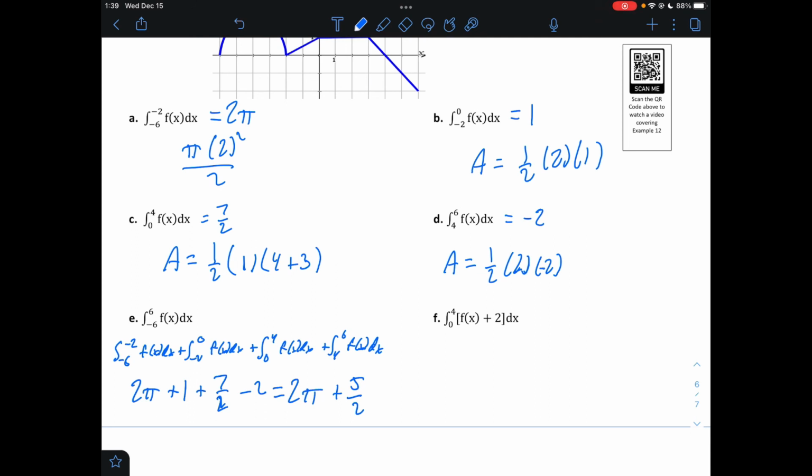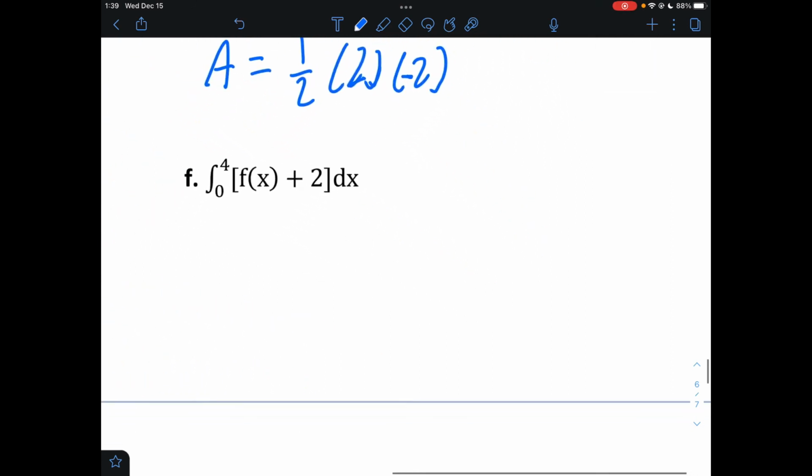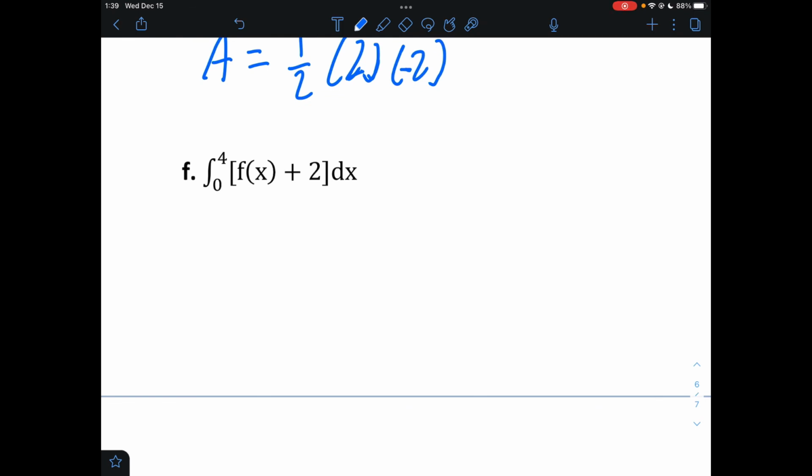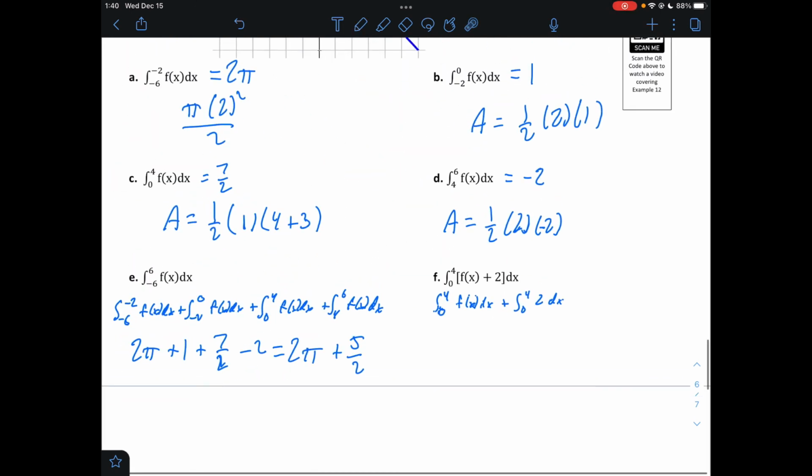And finally for F, there's another thing that we haven't technically learned yet, but we're going to talk about it in the next topic, so let's talk about it now, where we can break up an integral into something like this. So 0 to 4 of f of x dx plus 0 to 4 of 2 dx. Just like when we broke up derivatives in our first semester, we can break up integrals in our second semester. So 0 to 4, I believe we've already found that answer. We sure did. It's right here. So that would be 7 halves plus